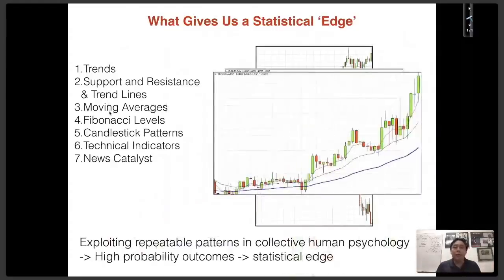The third thing would be moving averages. Moving averages are one of the most powerful tools that I use, that most traders use. So we use moving averages to define trends. So generally, on a very strong uptrend, what do you see? You see the moving averages sloping up. That's right. Can you see them sloping up?